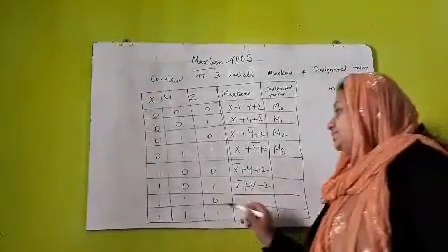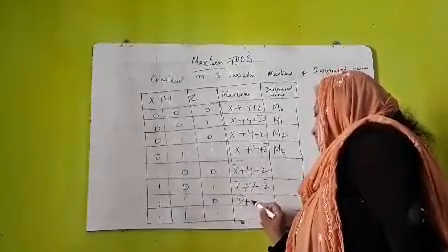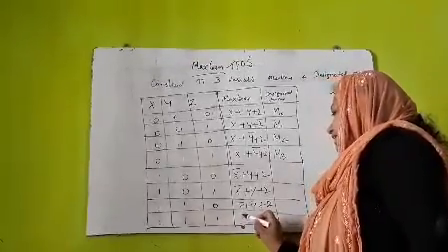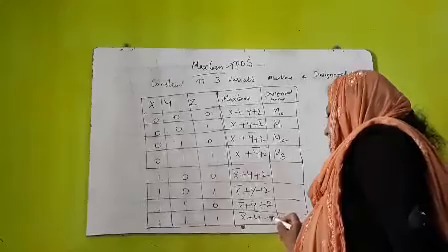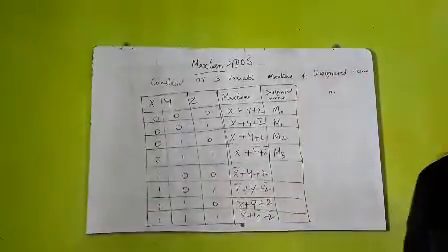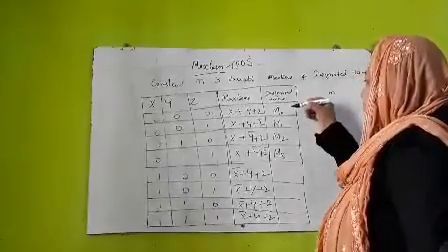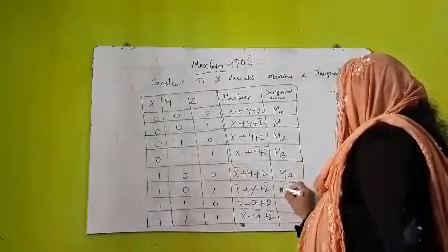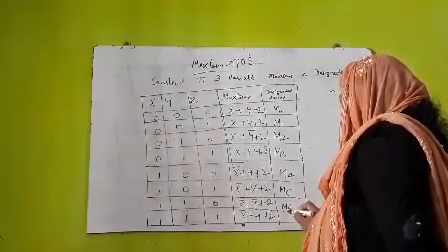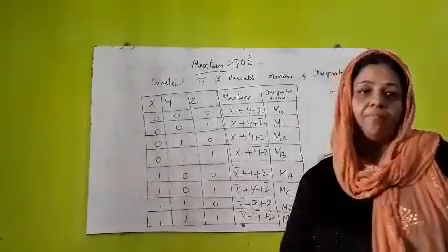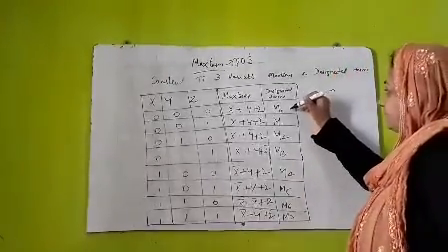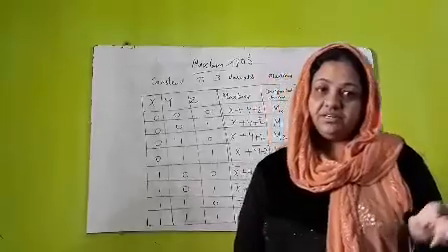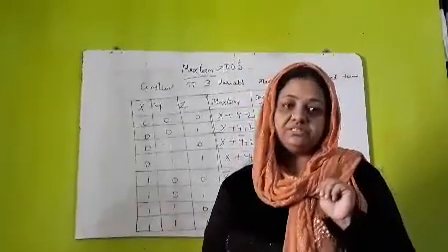Then we have 1, 1, 0, so it is x bar plus y bar plus z. Then all are 1, so it will be x bar plus y bar plus z bar. Fine everybody? And the designated terms will be M0, M1, M2, M3, M4, M5, M6 and M7. So there are totally 8 terms starting from 0, 1, 2, 3, 4. So for 3 variables, 2 to the power of 3, there are 8 combinations of values.